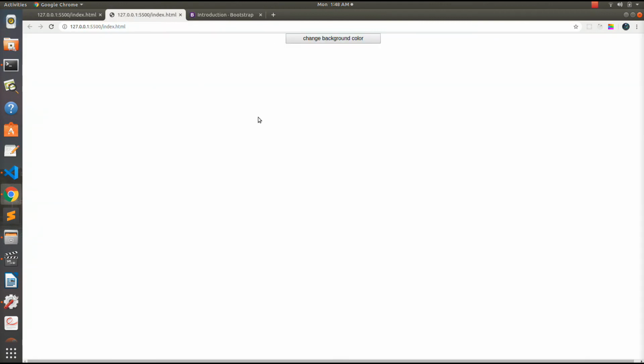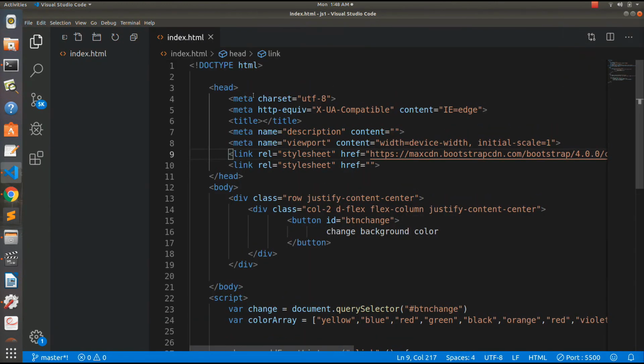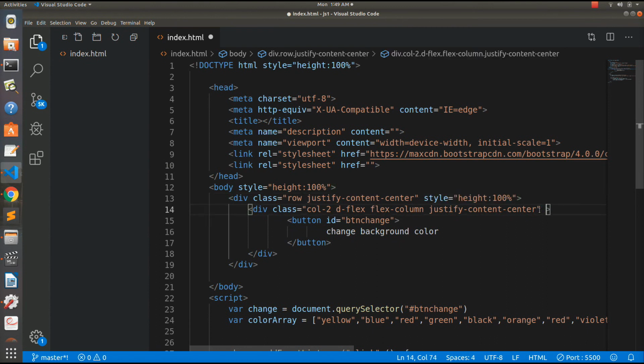Okay, so it is at the center, but I want this to be centered vertically also. So for that we need to do some changes here. I'll write style equals height 100%. Similarly, this line I will copy and paste this here and here and here.